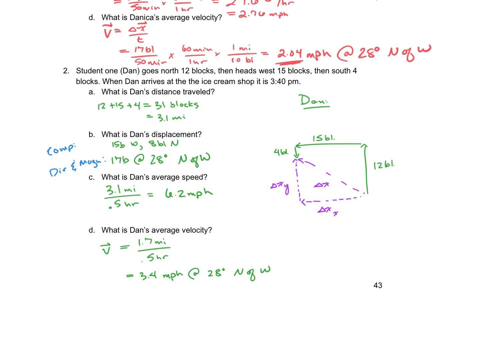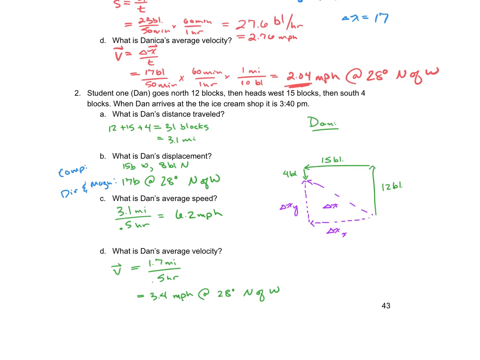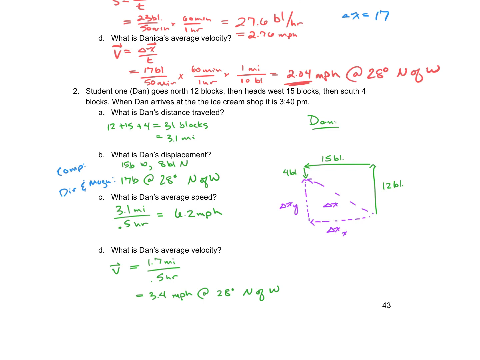So velocity should have both of those components. It has direction and magnitude. Okay, the next example is Dan, and Dan does it in a shorter time, and he travels a farther distance than